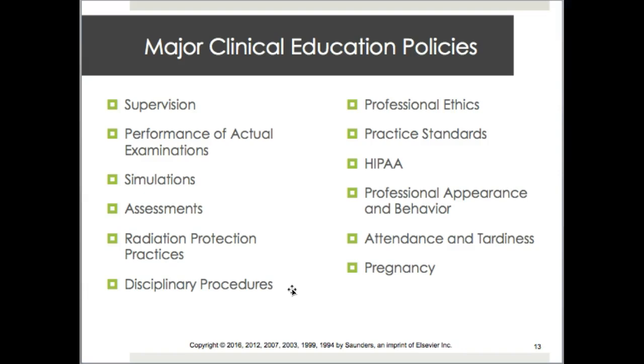So you'll want to read your code of ethics because you have to follow them, and your practice standards are on page 350. Starting on page 350, and those will give you an idea of the ethical standards that you must uphold,